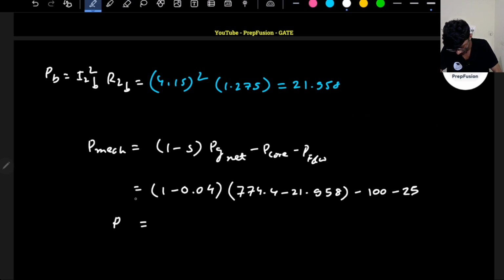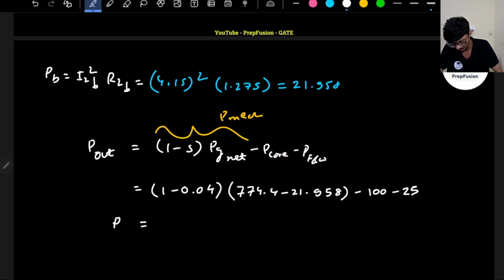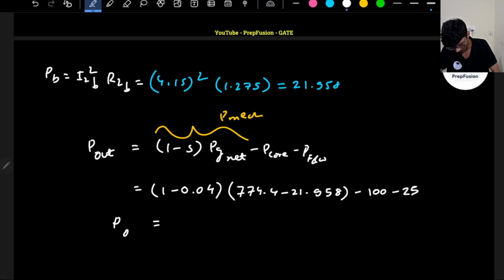So overall output power. This is the overall output power, because this one is the mechanical power that it will develop, but from the mechanical power this much will be lost due to core loss and this much will be lost due to the friction and windage loss. So ultimately your P out will be, if I want to write the P out value,